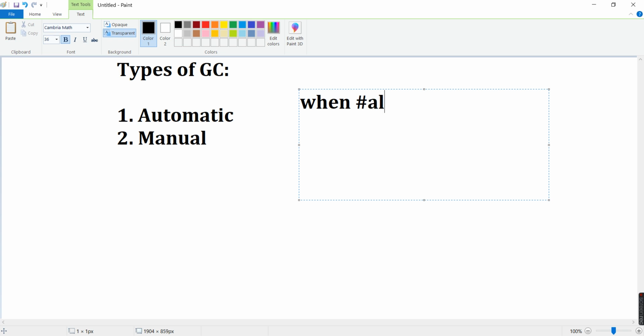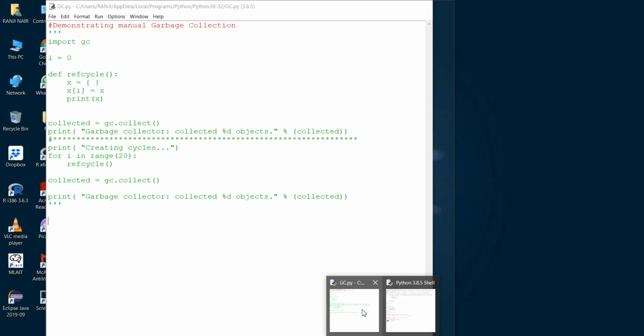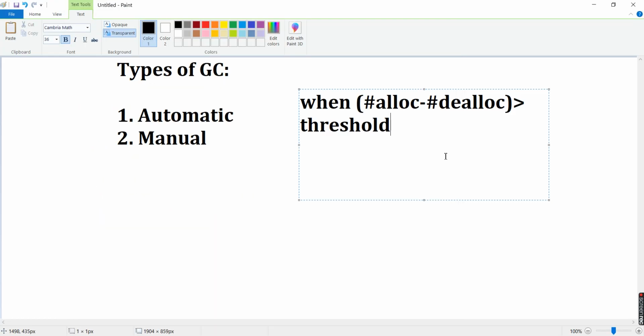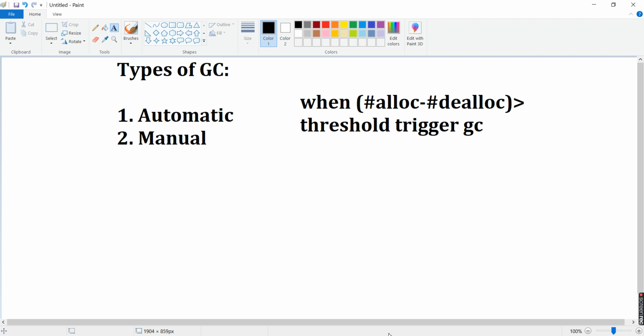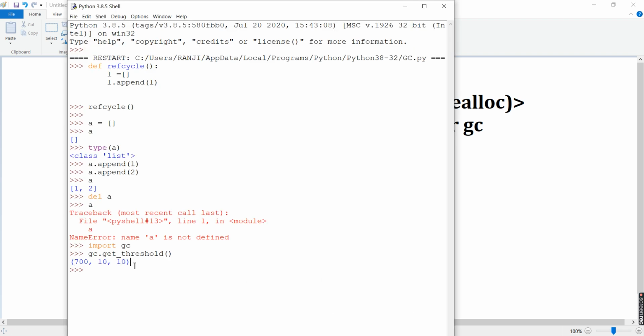When the number of allocations minus the number of deallocations is greater than the threshold, in our case 700, it will trigger garbage collection. That is the basic understanding of these three parameters. By this you get automatic garbage collection, which is internally triggered by the interpreter.